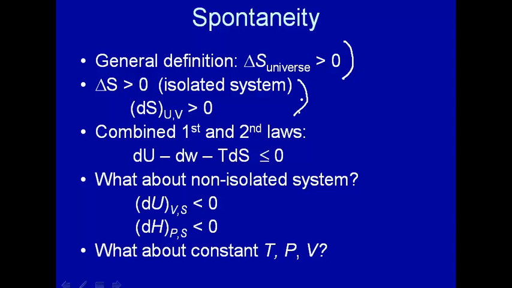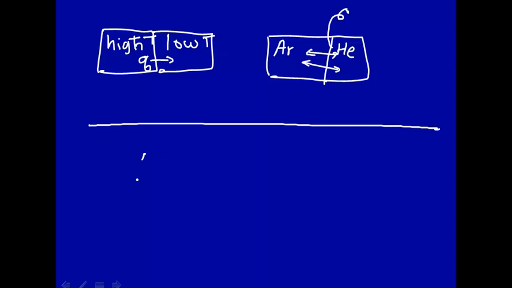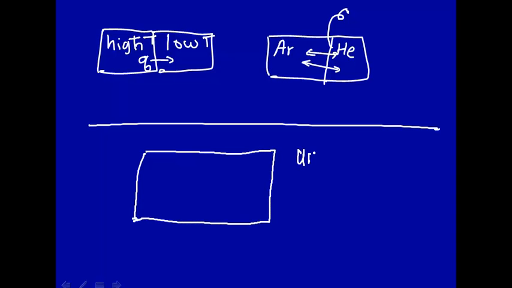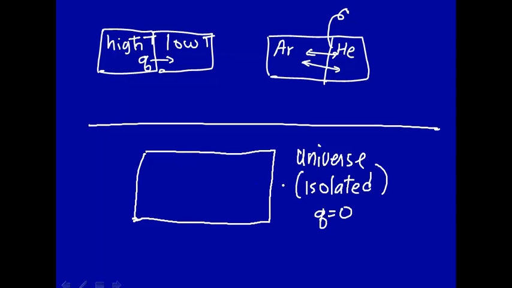Now let's look at this. This says that the entropy change at constant internal energy and volume is greater than zero for a spontaneous change. Let's just see that. This is for an isolated system. Let's take, for example, the isolated system of the universe. That is our assumption. Isolated means that Q is equal to zero. You cannot transfer heat. That's the definition of an isolated system. W is equal to zero. You cannot do any work on the surroundings, and the surroundings can't do any work on the system. And therefore dU, which is dq plus dw, is zero.